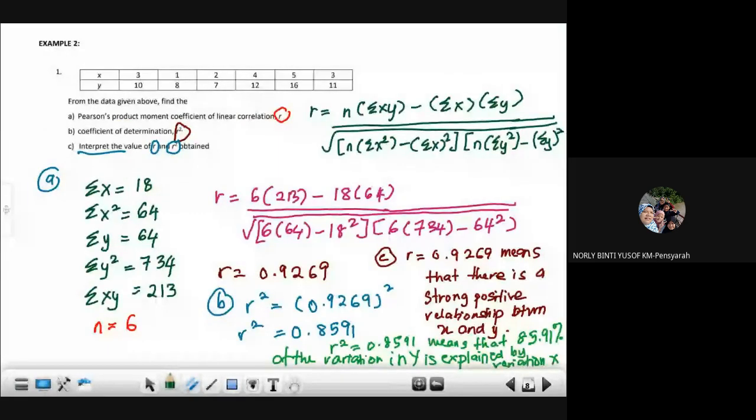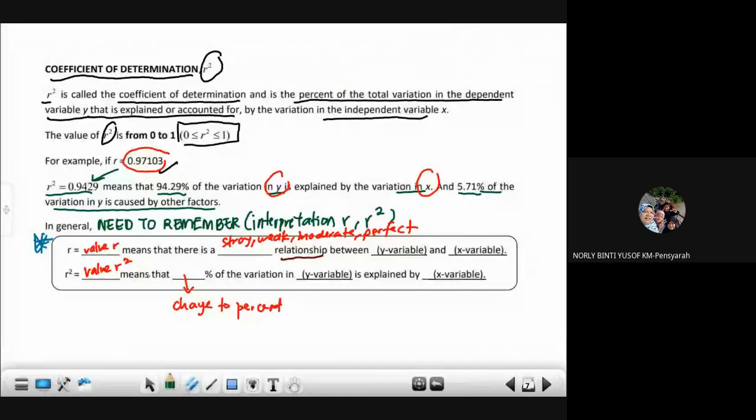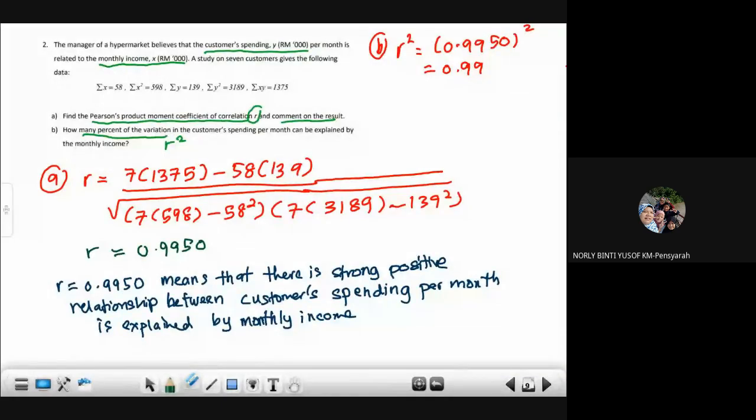So how many percent actually dalam interpretation ni, yang kat awal ni dah tak payah tulis. Tapi kalau dia suruh interpret R squared, yang awal ni kena tulis. So dia terus kepada how many percent. So how many percent is your percentage lah. That it means 99. Kalau soalan suruh interpret penuh lah. 99% of variation in the X variable tu adalah Y variable tu adalah customer spending kan. So kena tulis lah. Specifically spending per month is,